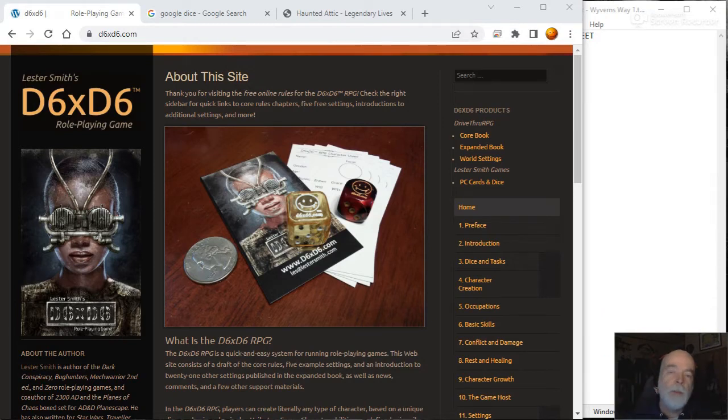Hey folks, Lester Smith here with another stream of consciousness, off the cuff video using the D6xD6 rules for role playing a solitaire adventure from a different game system. Because there are lots of great solitaire adventures out there, and I don't want to have to use a different system for each one. If you're not familiar with the D6xD6 rules,